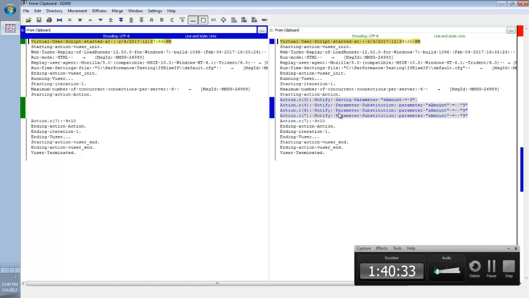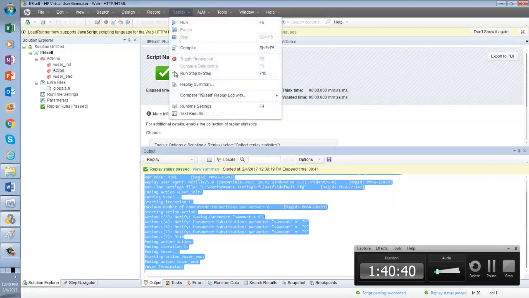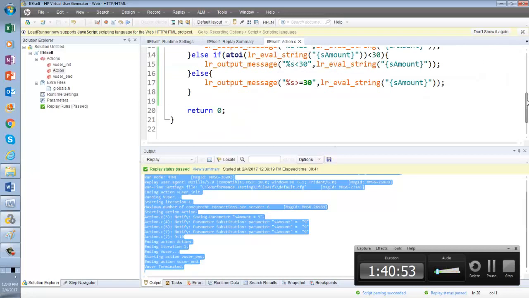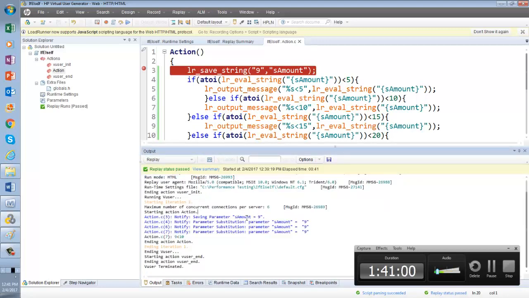Parameter substitution means if in replay runtime settings you select log, extended log, parameter substitution, then wherever you are using a parameter, it will replace that value. It will show you what is the value associated with that parameter.